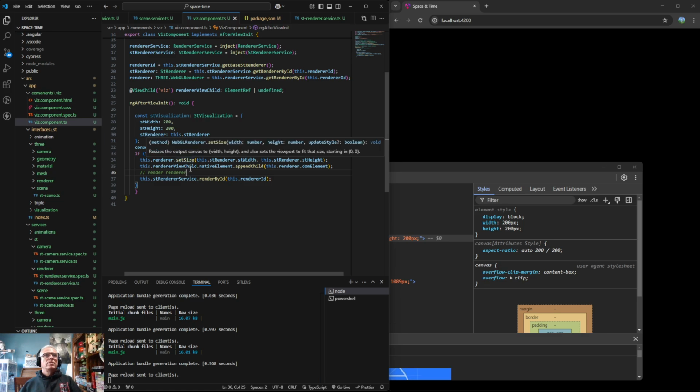I shouldn't... this definitely should be inside of the renderer service, right? I should have a set size renderer service that then knows how to talk to the ST renderer service, that then knows how to talk to the native element. I don't think probably append child. Well, okay, so